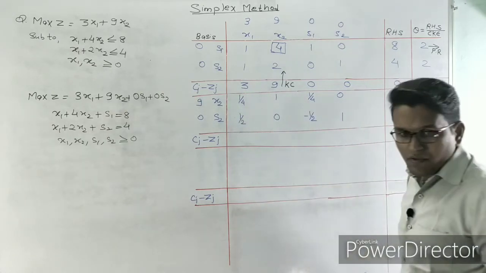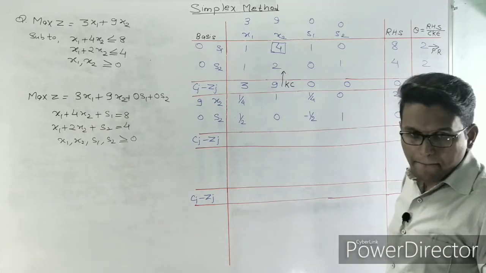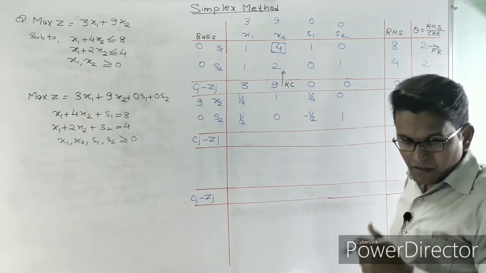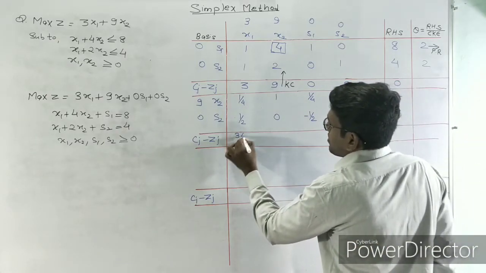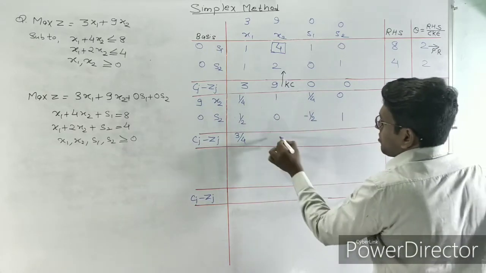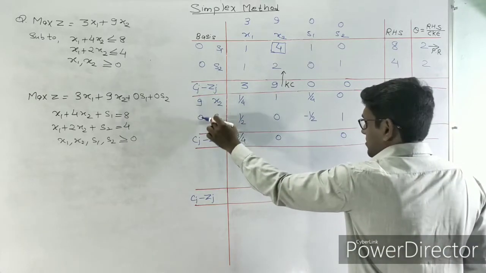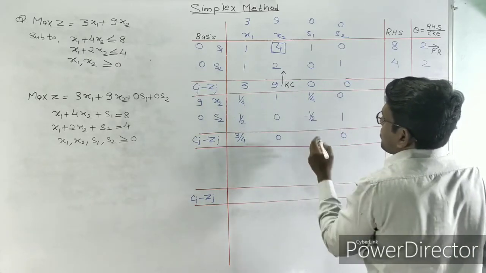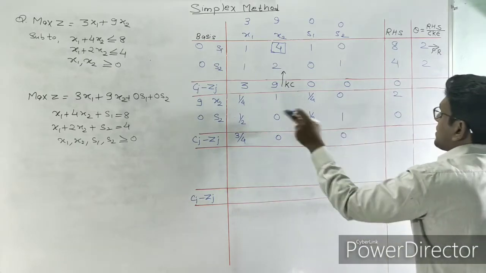3 minus 9 by 4 will give me the answer as 3 by 4. Then this is forming the unity matrix, so I'll be writing directly 0 because they are the basic variables. And this is 9 by 4, so this will be minus 9 by 4, and the value of z is